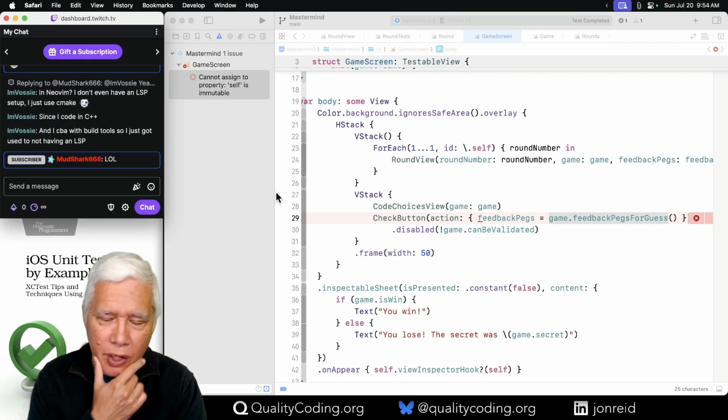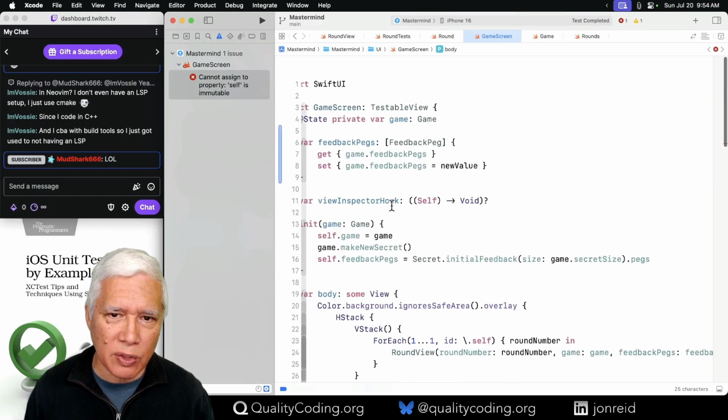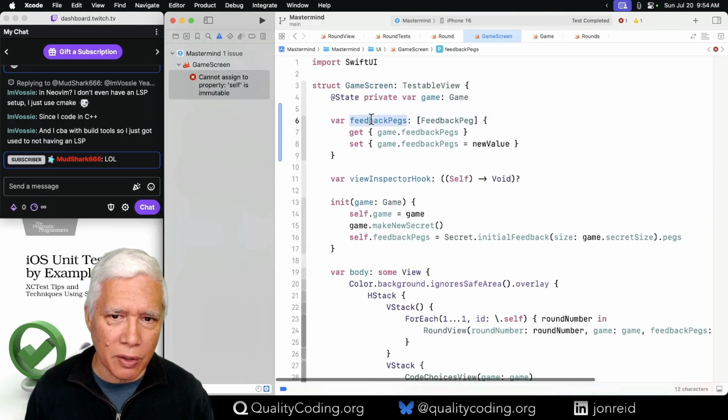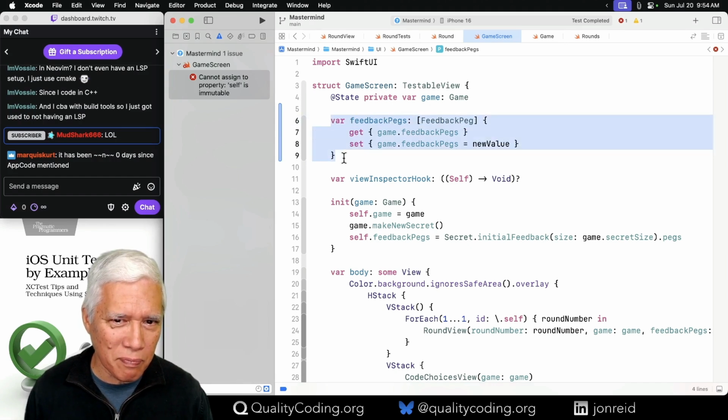So I think we discovered this last time, the refactoring trick we discovered a little while ago: I want to move a thing, and the easiest way to do that is with a computed property with a getter and setter, and just say poof.